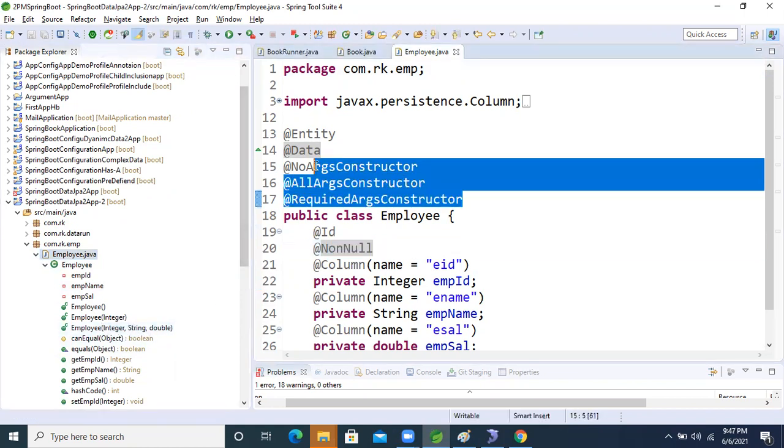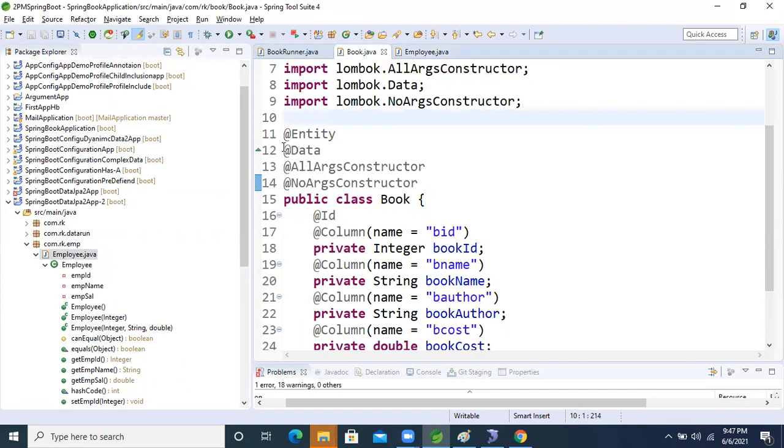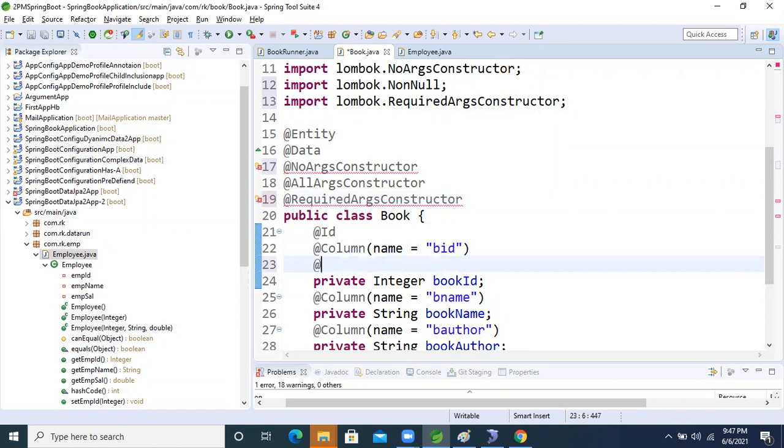Okay, let's create this one only, right? Let's take these things. Okay, copy this data, and here what we will do now, we will paste it here, and let's make this one also @NonNull only, guys. Okay, @NonNull. Yes, I'm doing it now.